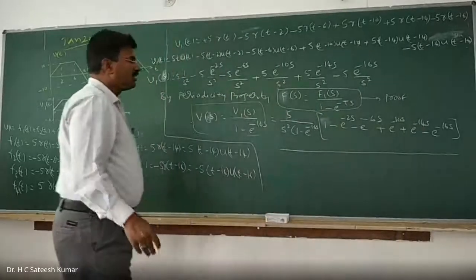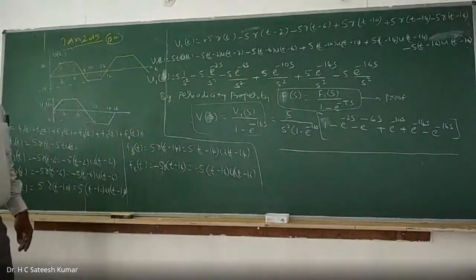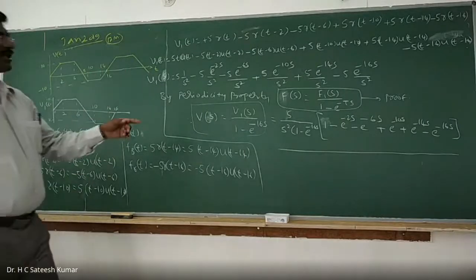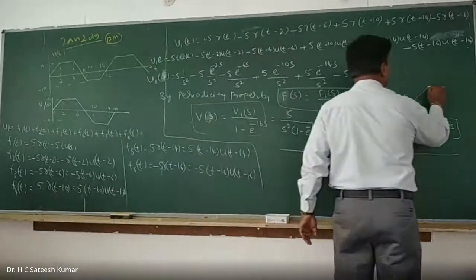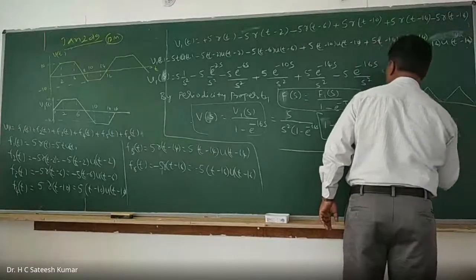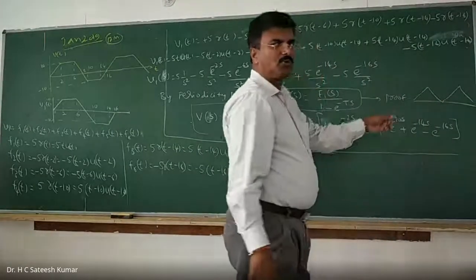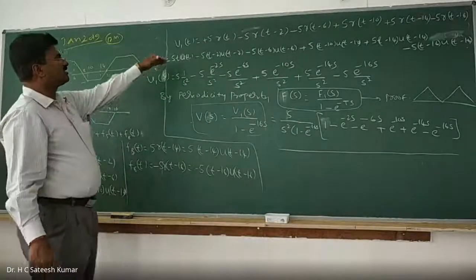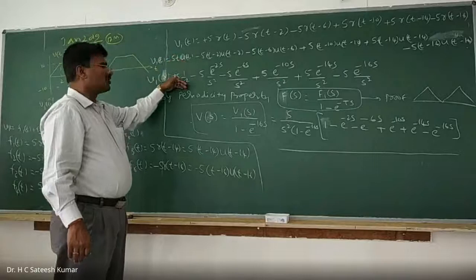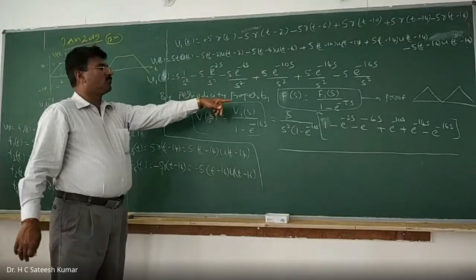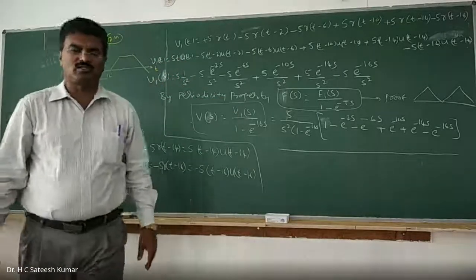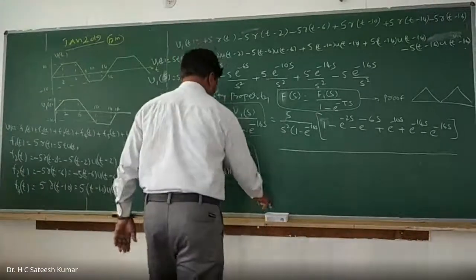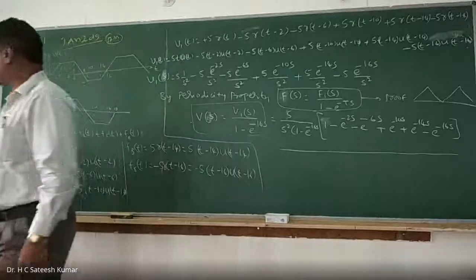Periodic, the derivation you can check it out. Fourier transformation of a periodic signal, I gave the example and I did this one. So therefore, find the Laplace transformation. If you prove it, that may fetch you 4 marks. So proof is 4 marks. Total 12 marks question. It was asked in one of the recent papers, particularly in January 2000. Okay. Now let us move on to a few more problems.